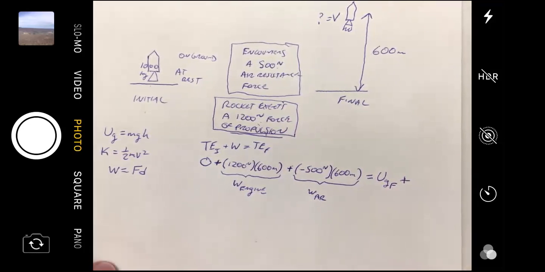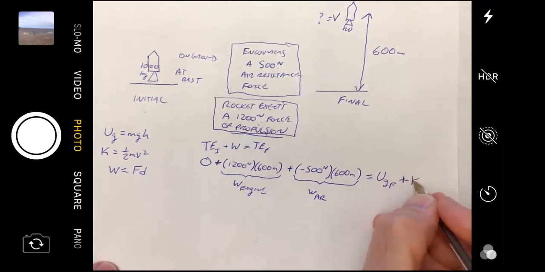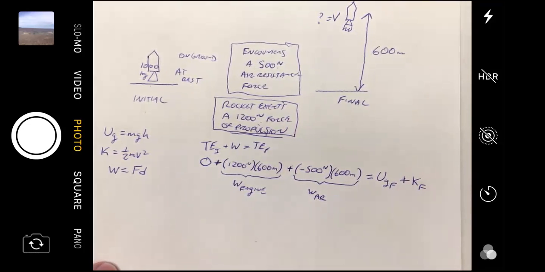Would it have kinetic energy as well? Why does it also have kinetic energy there, Addie? It's moving. Yep. And that's all you have to say. As long as it's moving, as long as it has velocity, it's going to have kinetic energy,